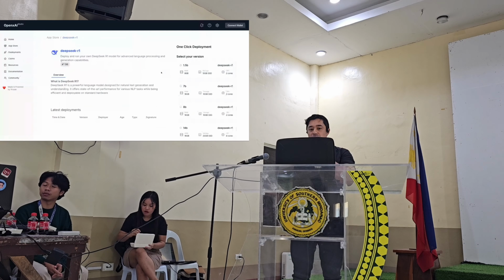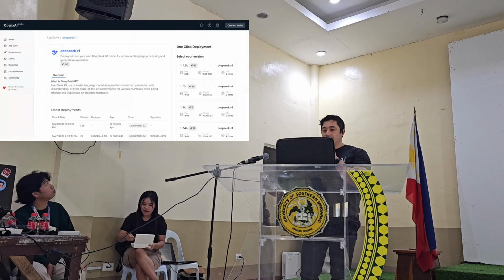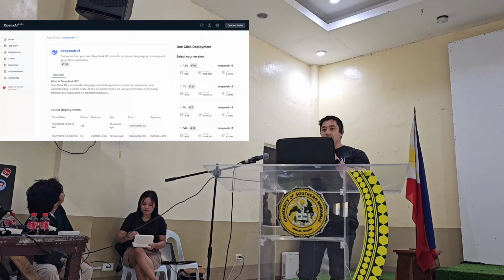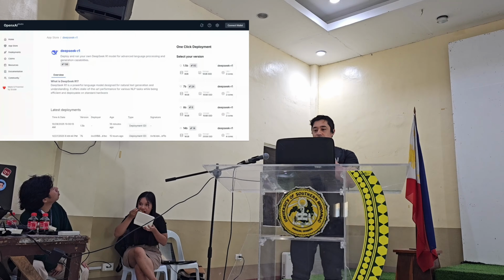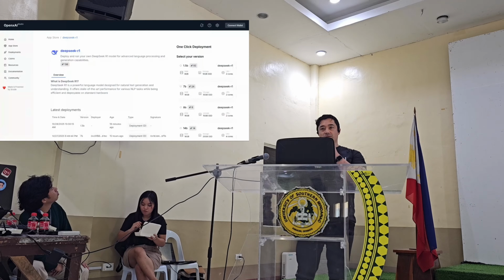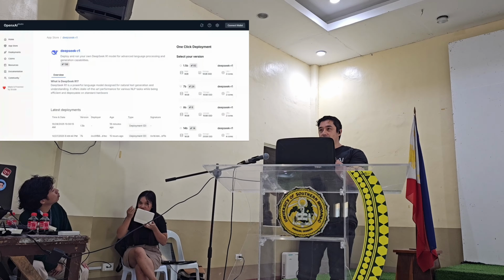The steps are pretty simple. We did this yesterday, but just a quick summary. You can deploy DeepSeek or hundreds of open source AI models. There are some other AI models that do voice, some that do image, some that do video, so they are multimodal. And for this example, we're using